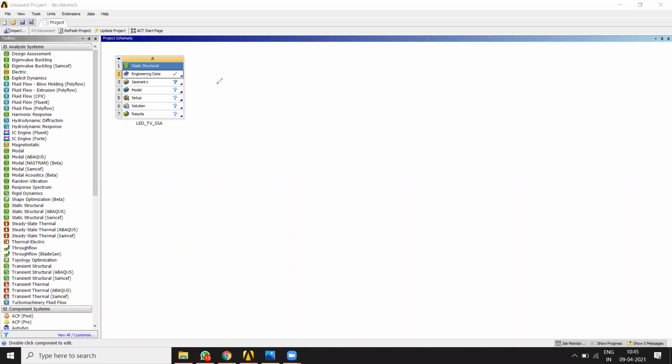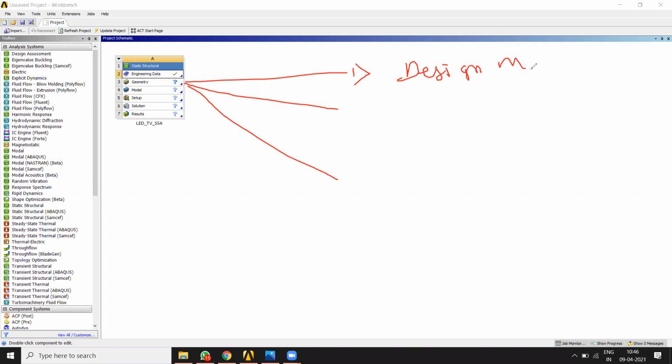In the ANSYS Workbench, I told you earlier, there are three options to deal with geometry. The first option is you can prepare your CAD model using Design Modeler. It's kind of an AutoCAD version. Second, you can build your CAD model using SpaceClaim, a very simple 3D modeling software.